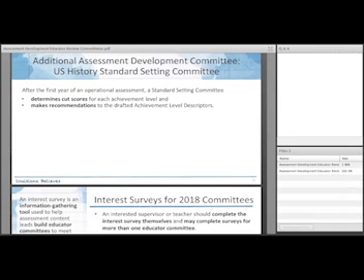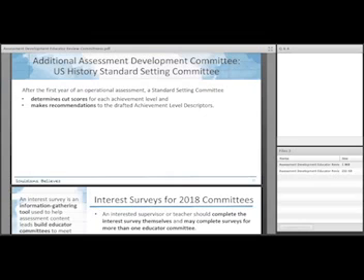There's one more committee. It is not a part of the item development process or the assessment development process, but it is a critical part of our assessment reporting and validity, and that is a standard setting committee. This is a special committee that only happens at certain times, and so this summer we have the U.S. History Standard Setting Committee. Last summer we had the Social Studies 3 through 8 Standard Setting Committees.